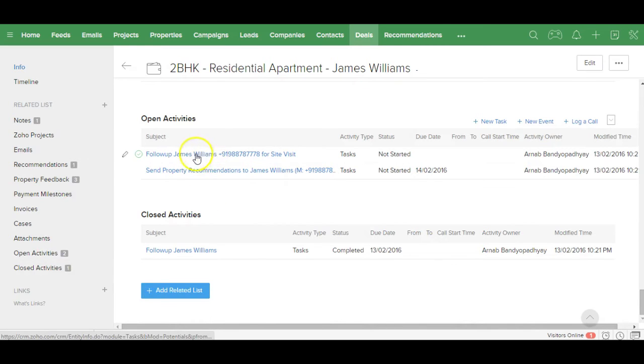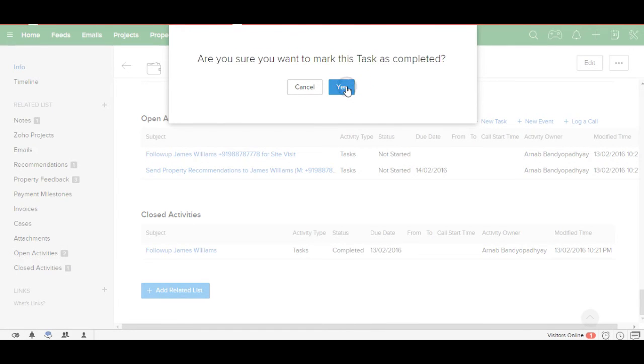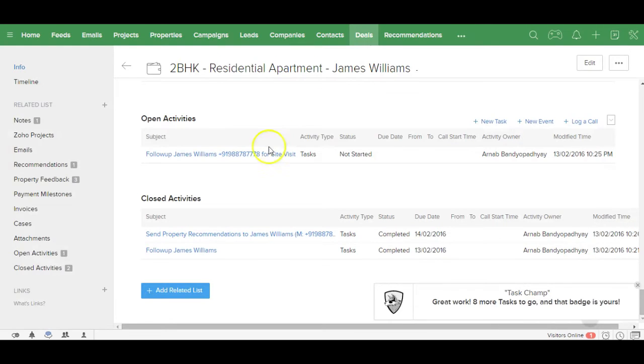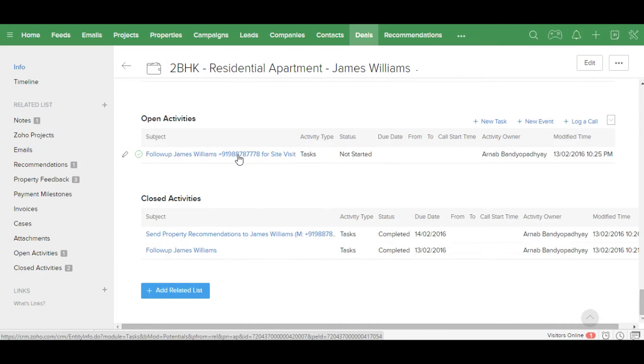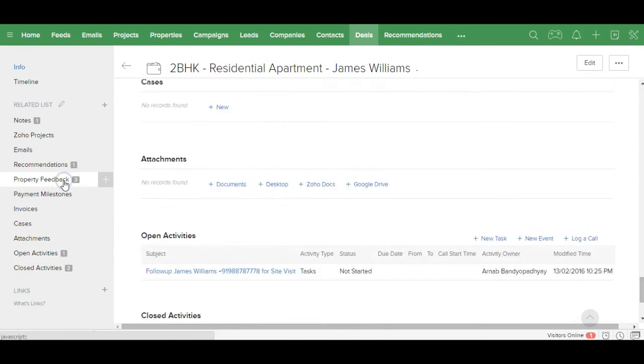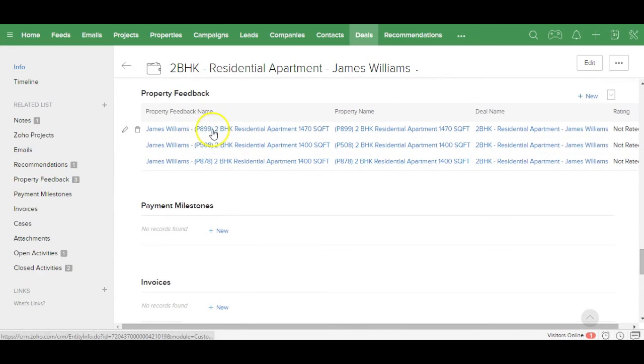Like for example, you have already sent the property recommendations, so you can go ahead and close this part of it. And you can see the system is already suggesting that you need to follow up with James Williams for site visit now, because the property recommendation has been sent, so it's possibly time for site visit. So what you could do over here, in the property recommendation, is go ahead and set up